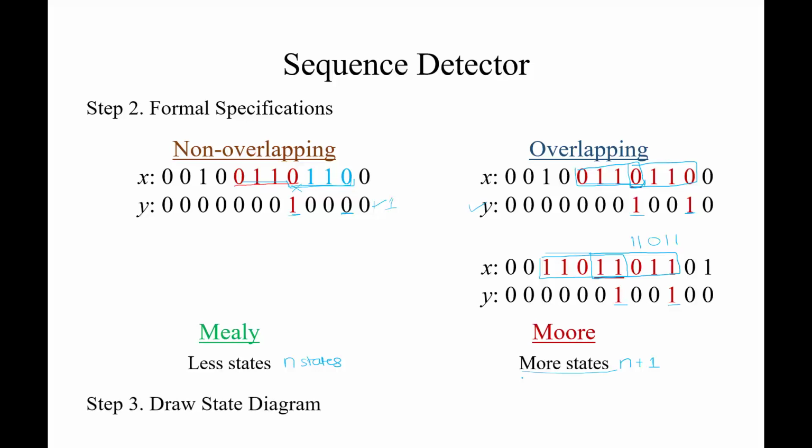So after we clear all the particular questions, जब हम उस पे क्लियर हो जाएं, then we can of course go and draw or derive the finite state machine for our particular problem. So in the next part of the lecture we will see both Mealy and Moore type finite state machines for the pattern 0110, also for 11011, and we will also see